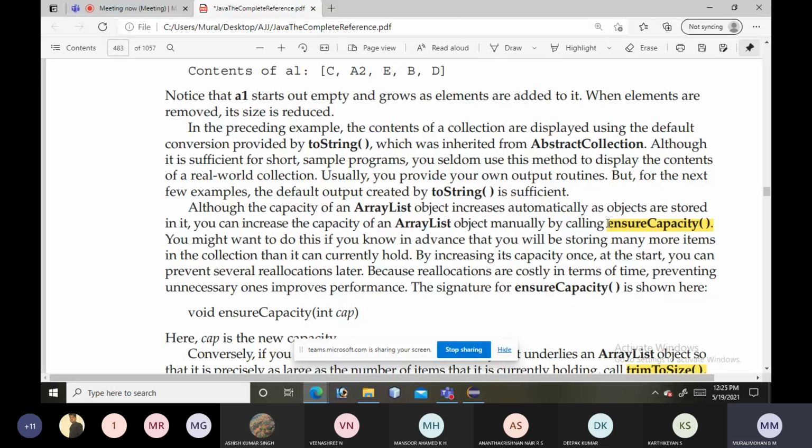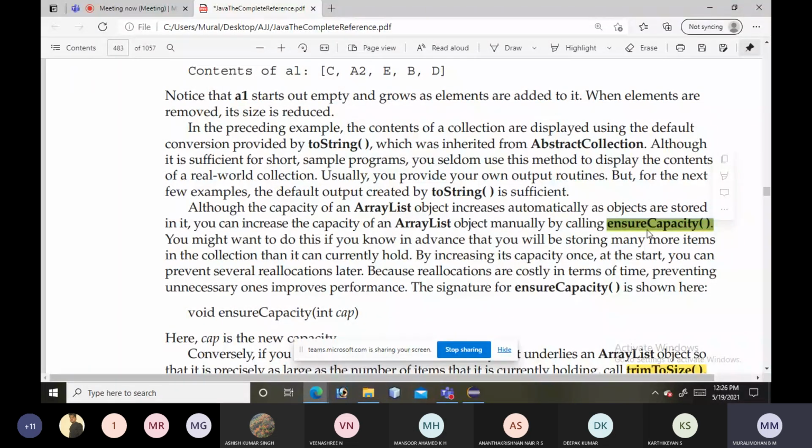So why are we using this ensureCapacity method? We can increase the capacity of the ArrayList object manually by calling ensureCapacity. So why is it required? We already have the concept of dynamic arrays by the use of ArrayList.